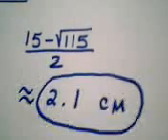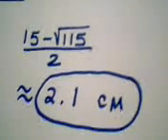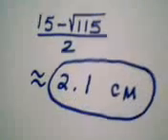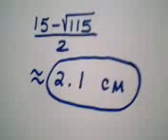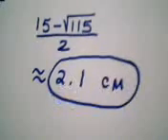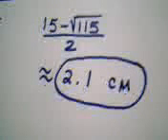What makes this problem ugly is the fact that the quadratic that we came up with did not come out with nice integer answers or whole number answers. It came out with irrational answers, which meant that we had to approximate on our